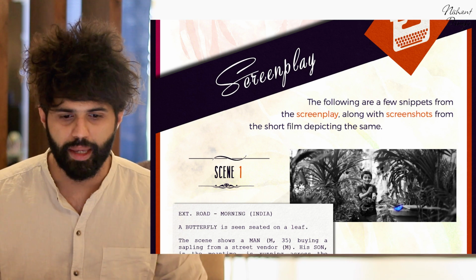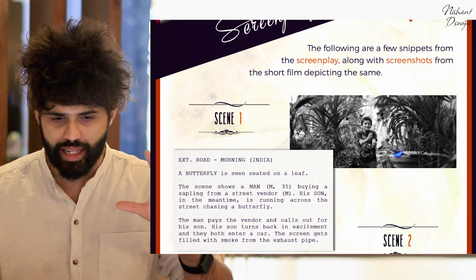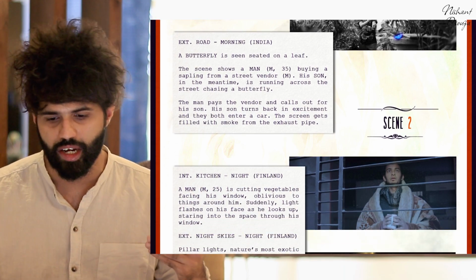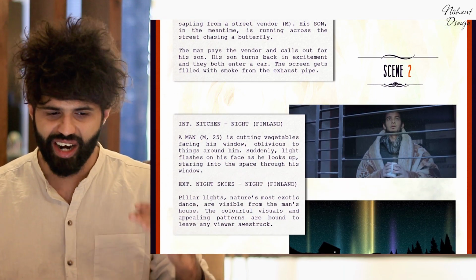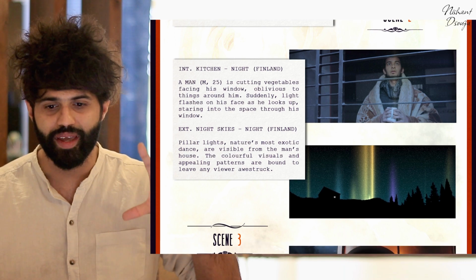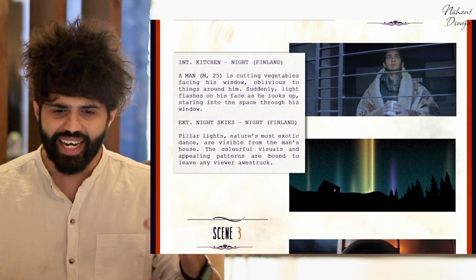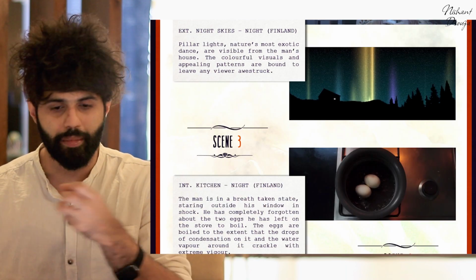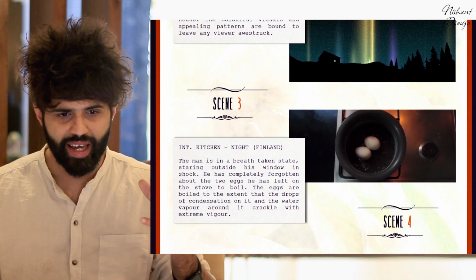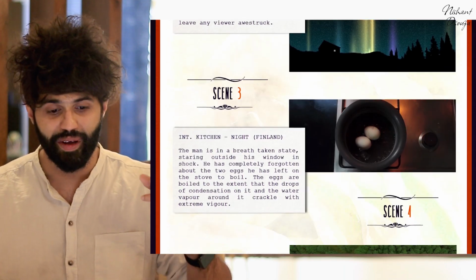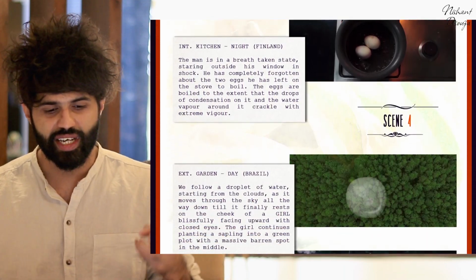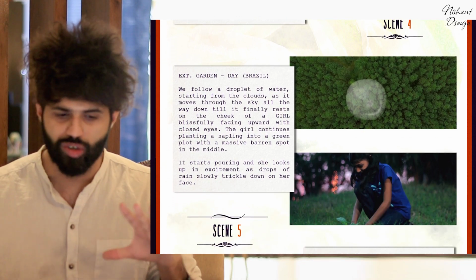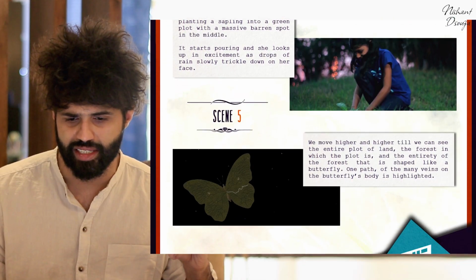But moving on with the portfolio page for short films itself, like I said, a little bit of a breakdown with respect to the scene and the screenplay associated with that. So here, as per our short film in general, we wanted to show how there could be a consequence of a very tiny event in one part of the world that can have some dramatic effect on some other part of the world. And that's kind of why, say, scene 1 is a little bit about a situation in Finland, scene 2 being a little bit of a situation in Brazil, and then accordingly the colors and the palette also was decided in that sense, right?